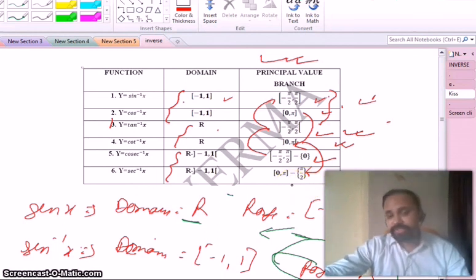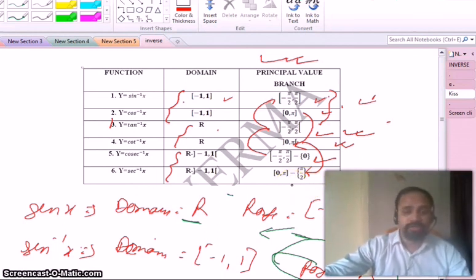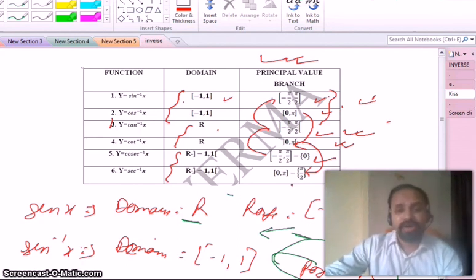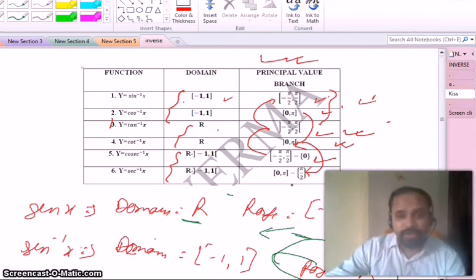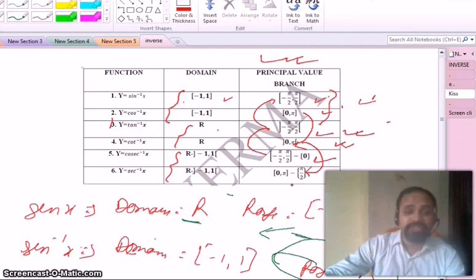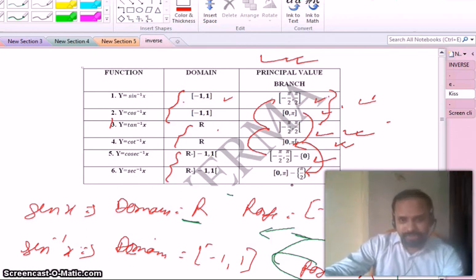So my dear students, this was a small lecture on domain and range of inverse trigonometric functions. Remember, if you want to remember fully the domain and range, and if you don't want to forget the domain and range of inverse trigonometric functions, you have to remember the graphs, because graphs are the easiest way to remember the domain and range of any trigonometric functions or any functions. Okay, so please concentrate on graphs and always try to draw the graph again and again.